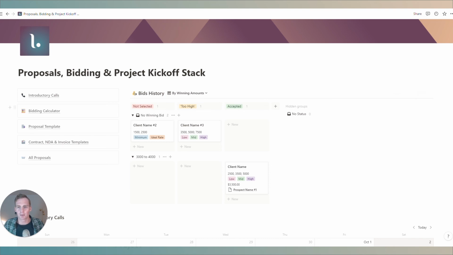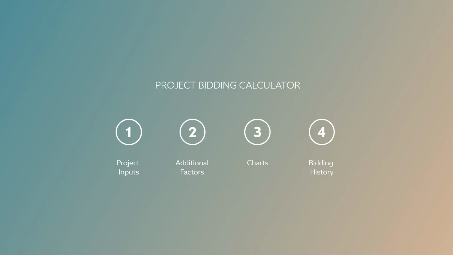So we hope that on your next project, you can take a few minutes to make use of this bidding calculator to input the relevant project details, to consider some of the additional factors that may weigh in, to take a look at the charts and the outputs, the recommended bids at different price points, and then to take a final look at your bidding history and how that may affect the success rates of this